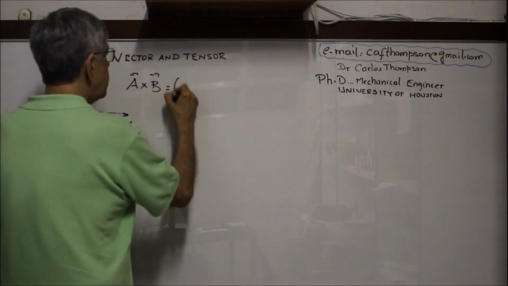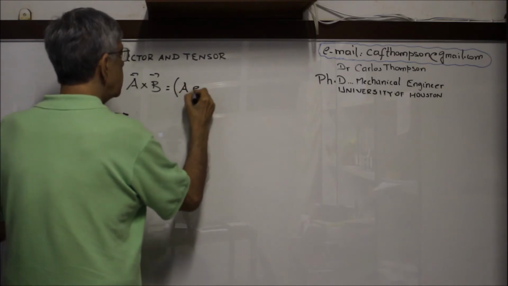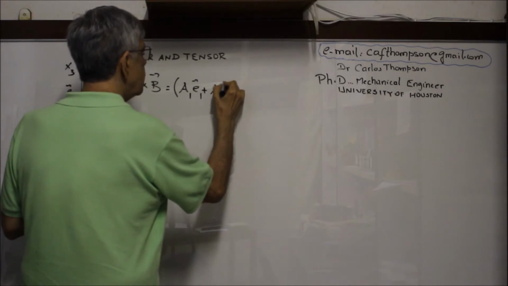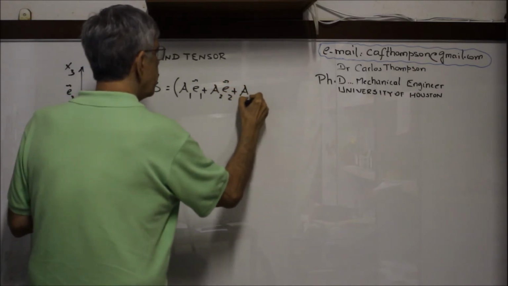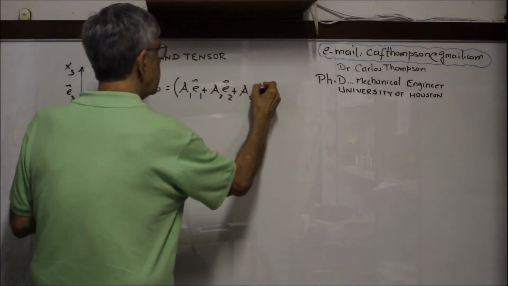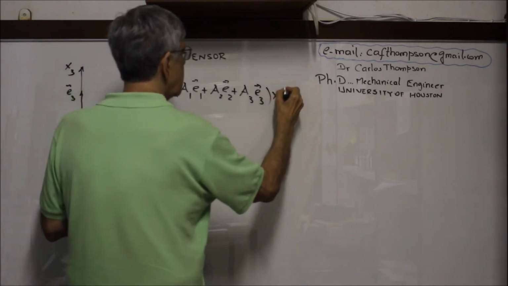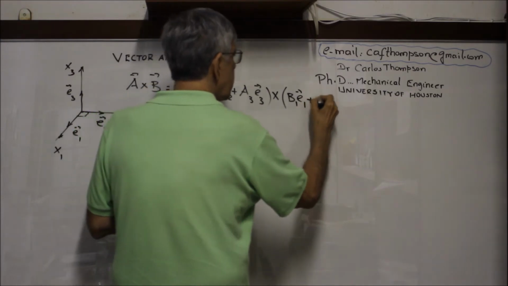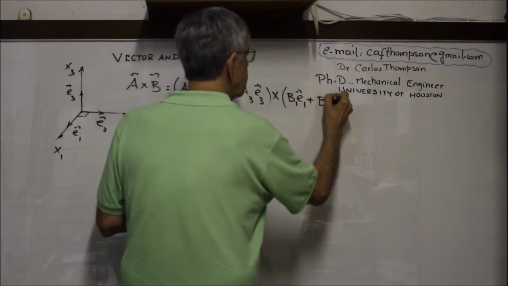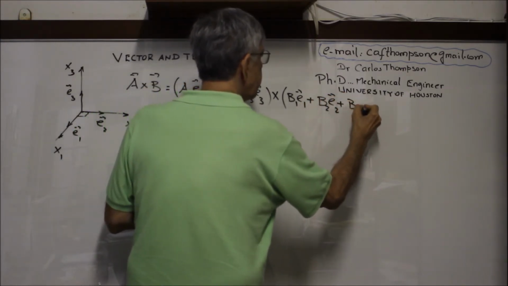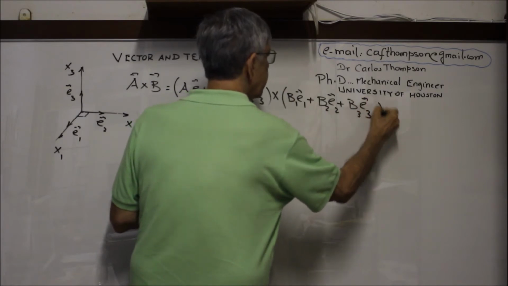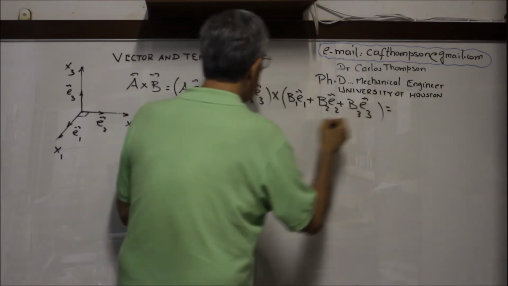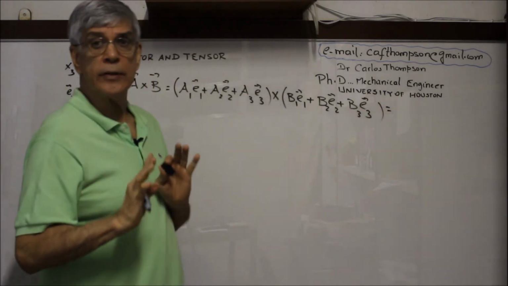This is A1 E1 plus A2 E2 plus A3 E3, cross B1 E1 plus B2 E2 plus B3 E3. You see,